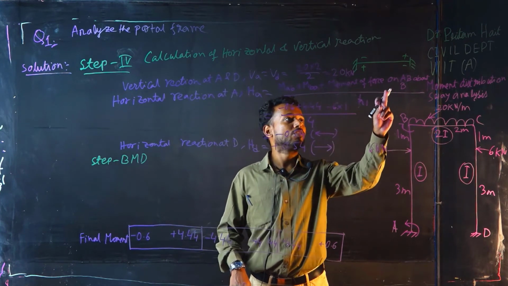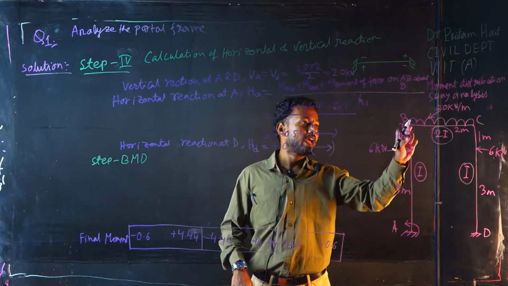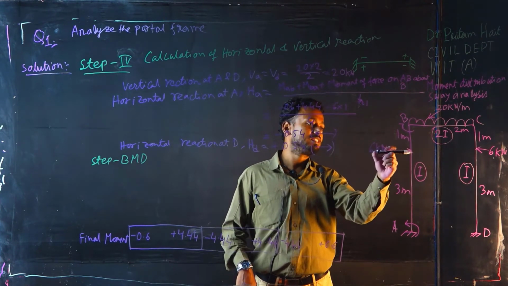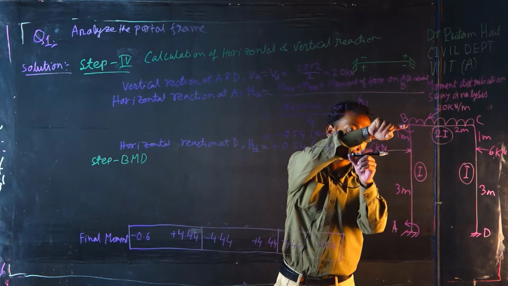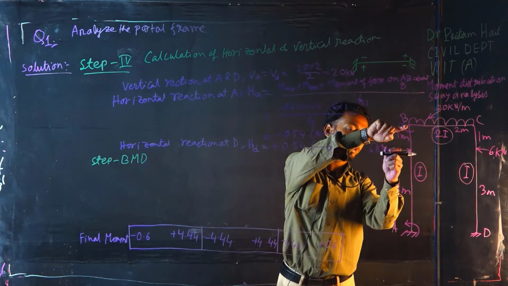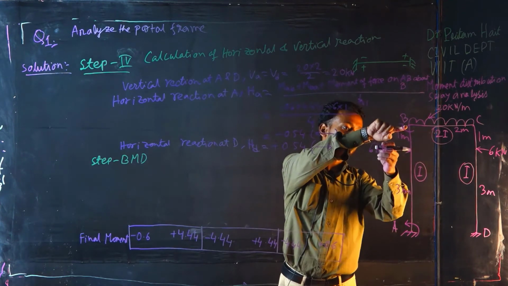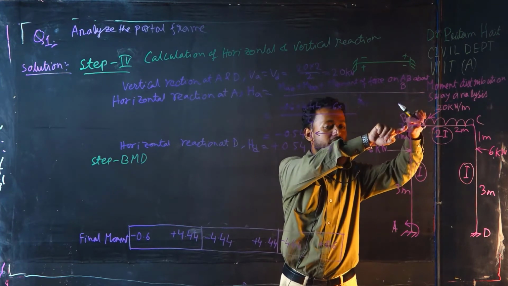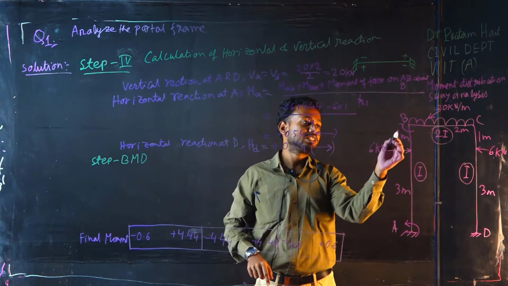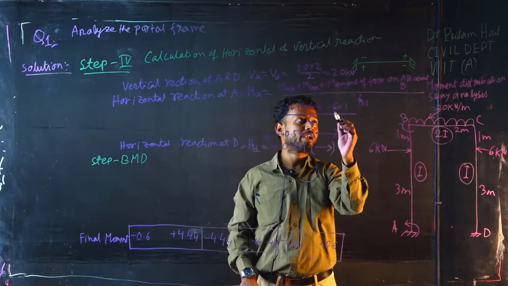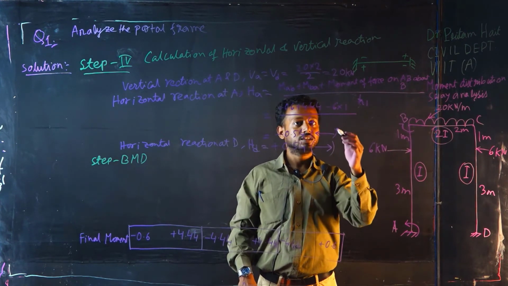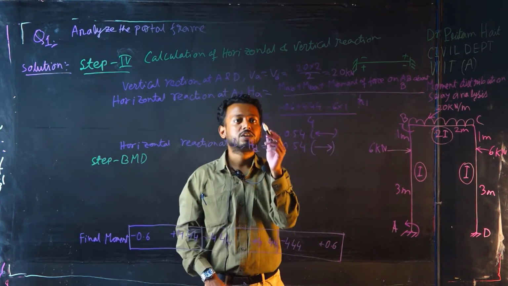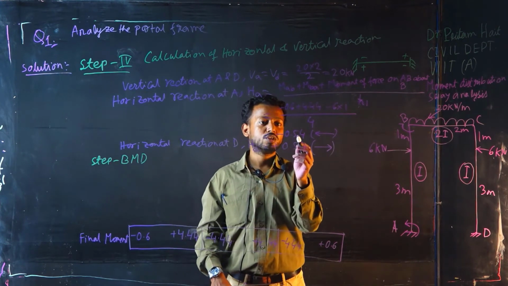So moment of force in this span about B, what will be? See here, 6 kilonewton load is working in this direction. About this point, if you take the bending moment, this force is trying to rotate this member in this direction. So this type of moment is generating due to this 6 kilonewton load, and this moment is anti-clockwise. So negative 6 into 1 will be the moment on AB about B divided by H1. H1 is 3 plus 1, that is 4. So you get HA, horizontal reaction, is minus 0.54.